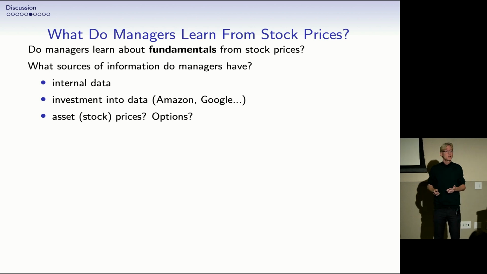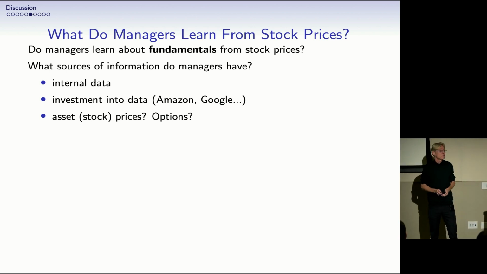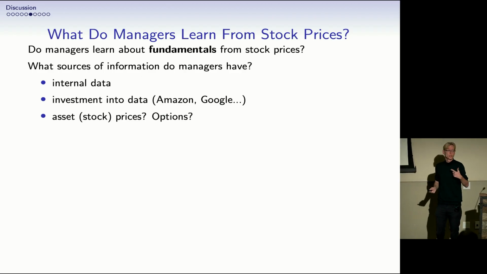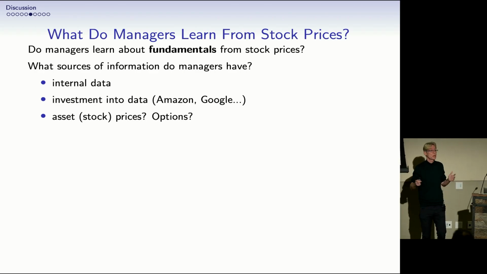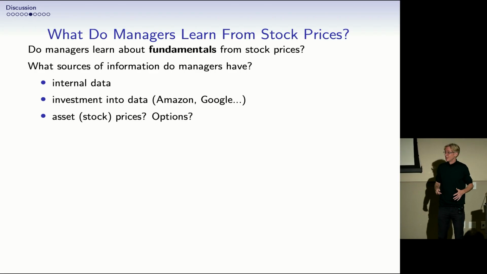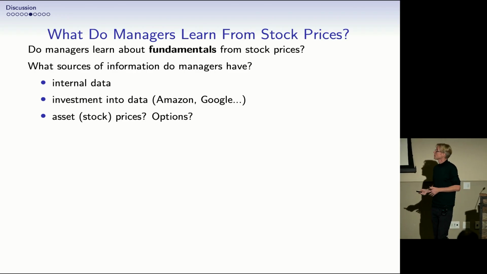Then we live in a data-rich world. We can invest in the production of data, I guess. Amazon knows already now what I'm going to order next, which I don't. So they know a lot better than I do. Google happily sells search data about what people are searching and demand, I'm guessing, to companies. So that's a source of information.